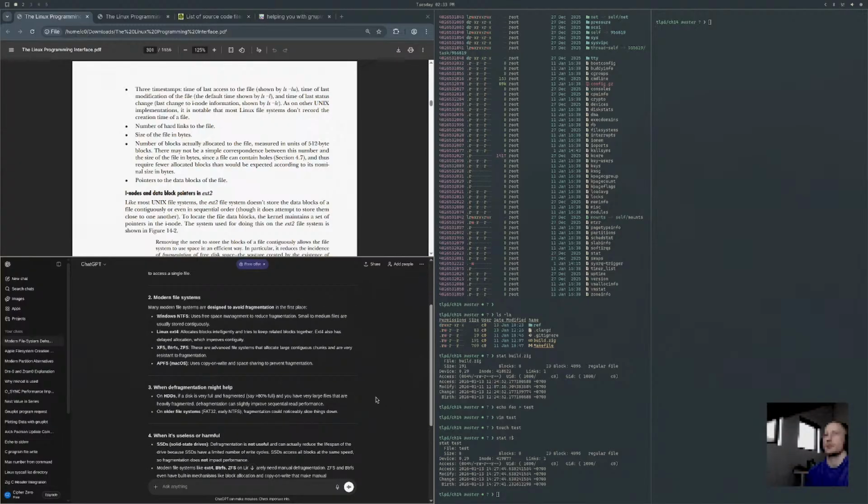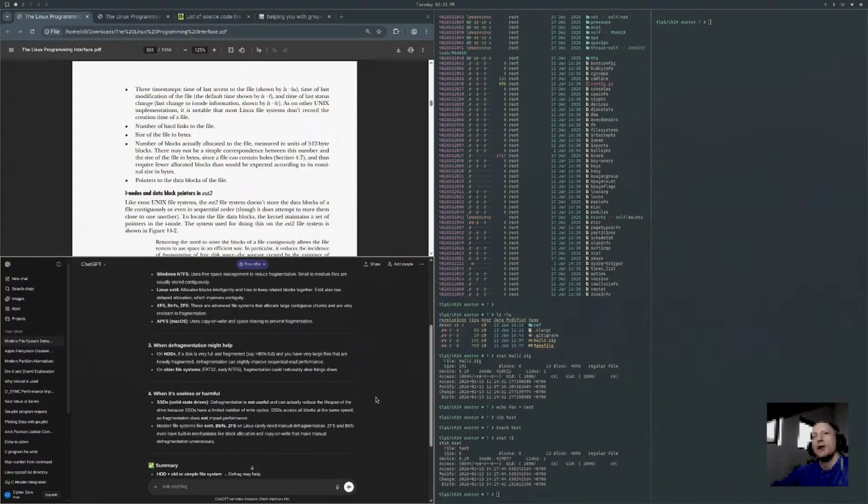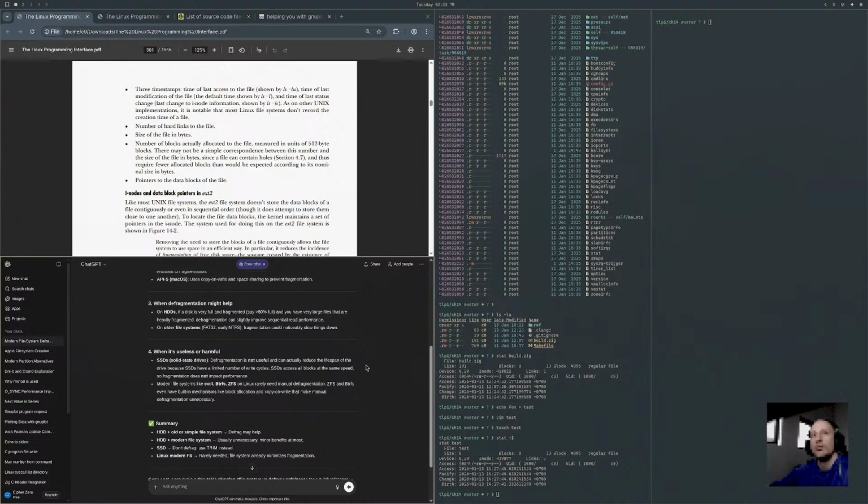When defragmentation might help on hard drives: if the disk is very full and fragmented, you may have very large files that are heavily fragmented. On older systems, fragmentation could noticeably slow things down. On SSDs, defragmentation is not useful. It can actually reduce the lifespan of the drive because SSDs have a limited number of write cycles.